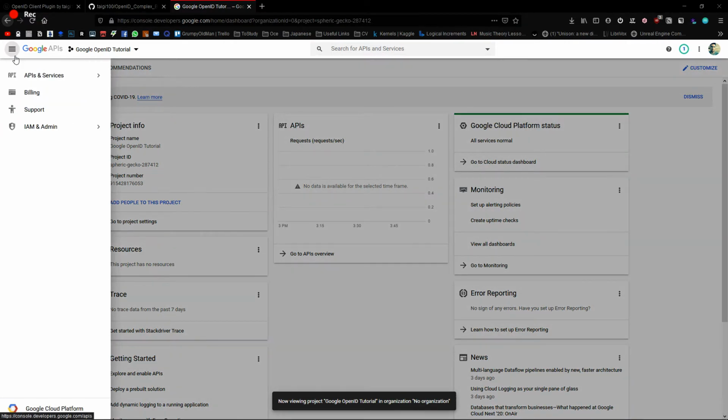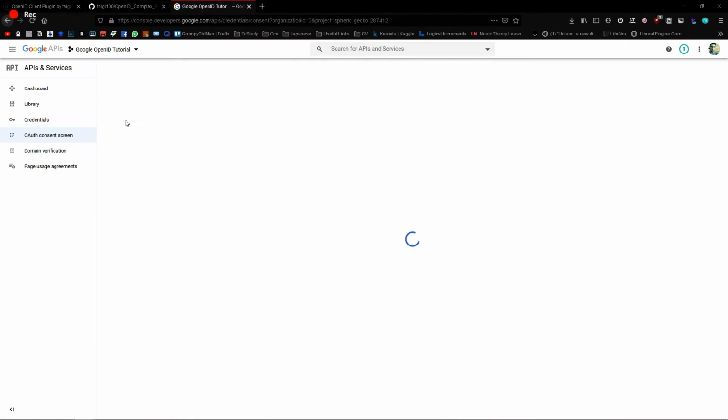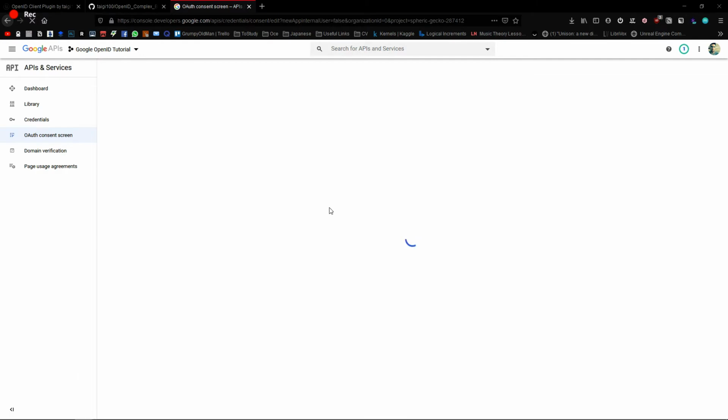The next thing we have to do is go to the menu, API and services, and go to OAuth consent screen. Here we're going to set up the screen that is shown to the user when he tries to log in. Our user type will be external. I'm going to hit create.